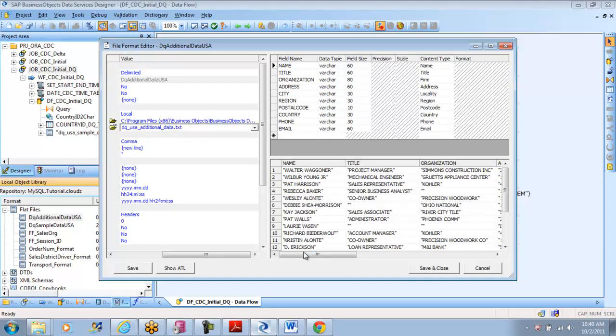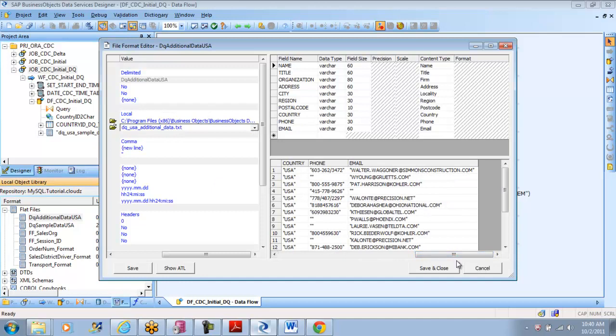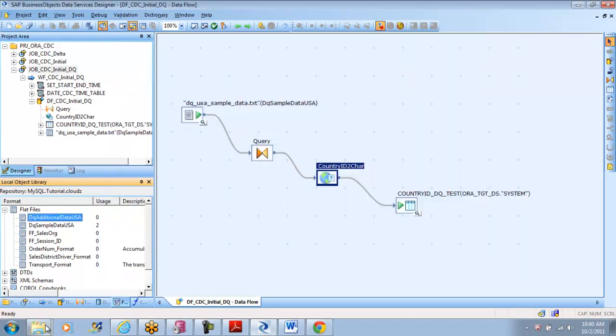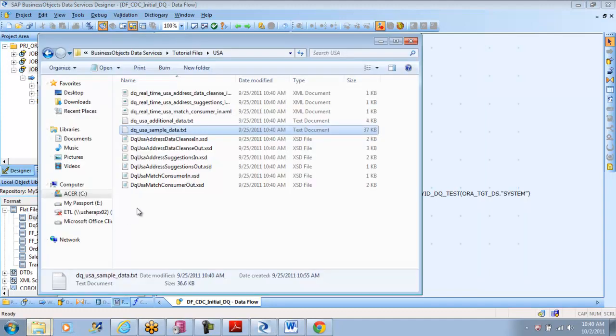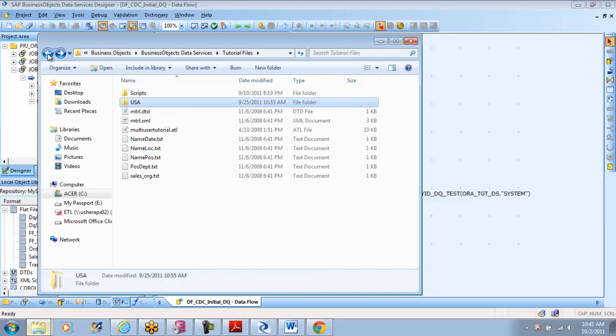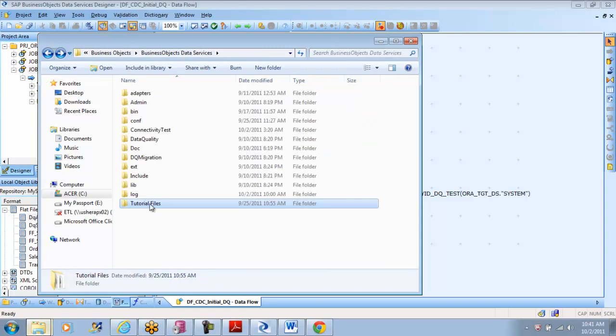So I'm trying to find if I have anything other than United States. I don't think they would have given me because it is all related to United States data only. At least they could have Canada in one of them. But if I am not wrong, if I go back to the dictionary,